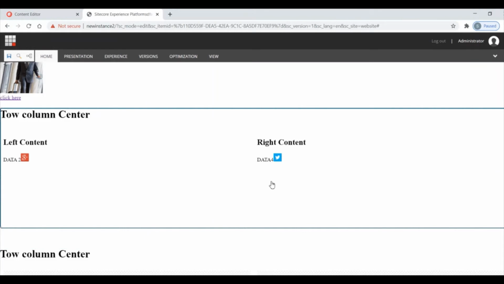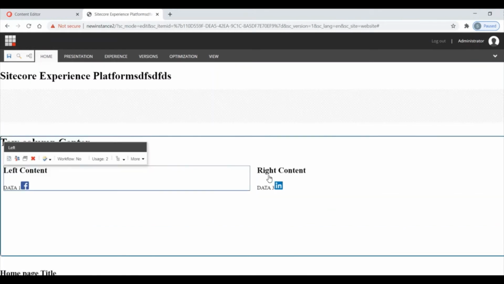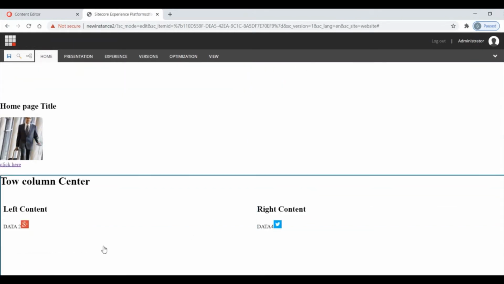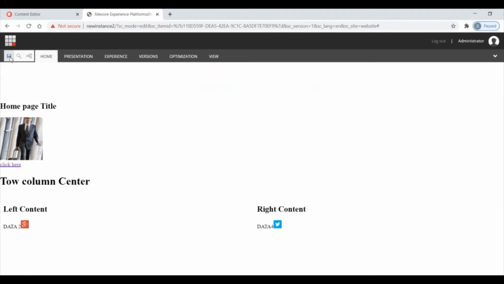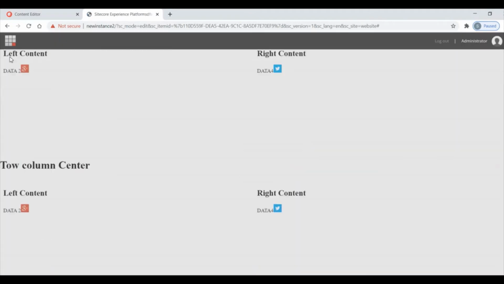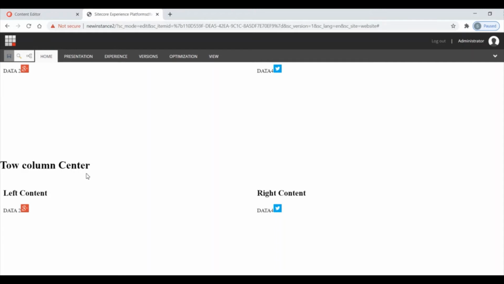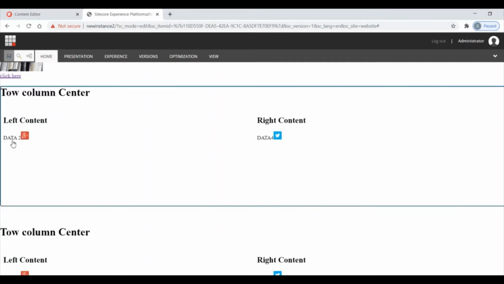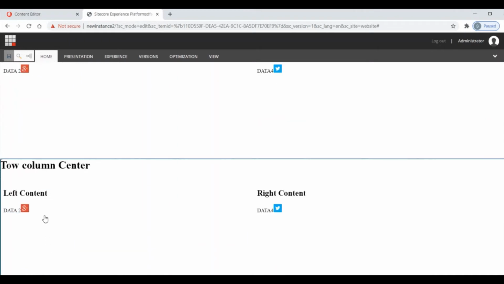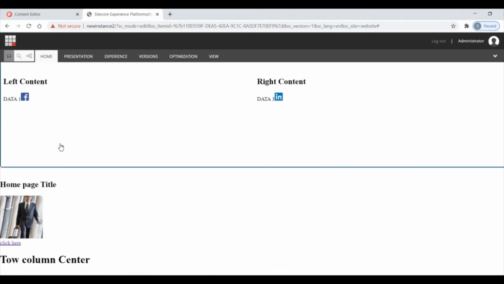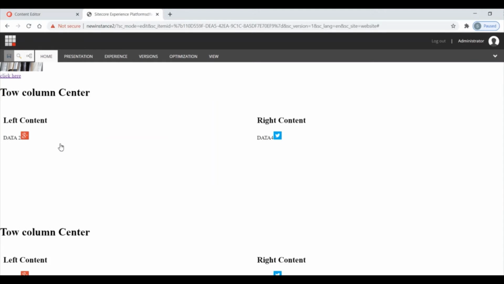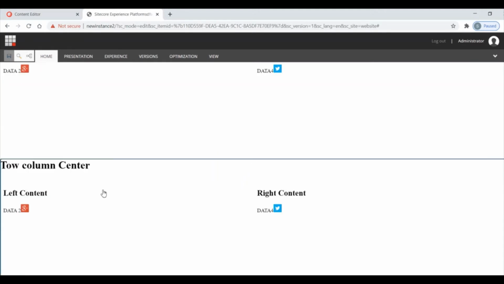Now I have changed: these two changed and these two are different. When I save, see what happens. I have saved. Whatever was last selected is what changed. Both components now have the same content. See, both components have the same content.